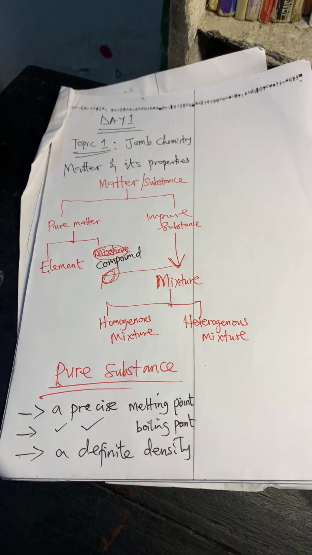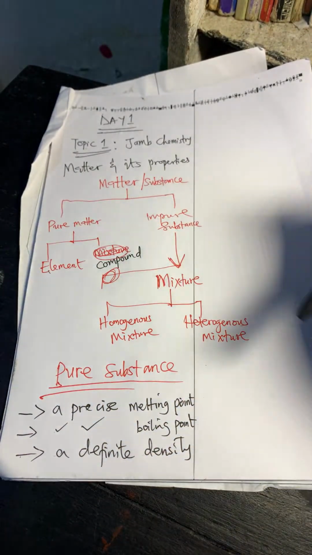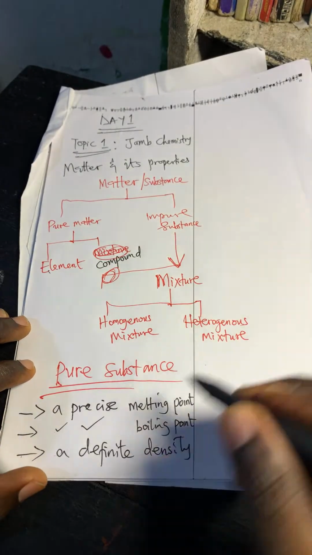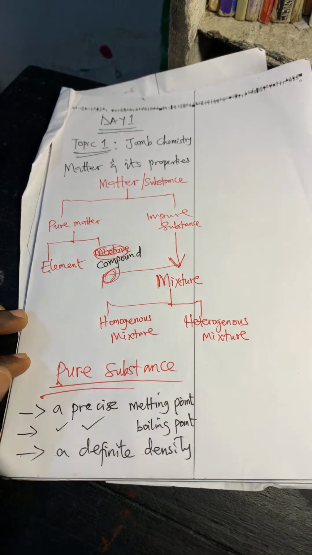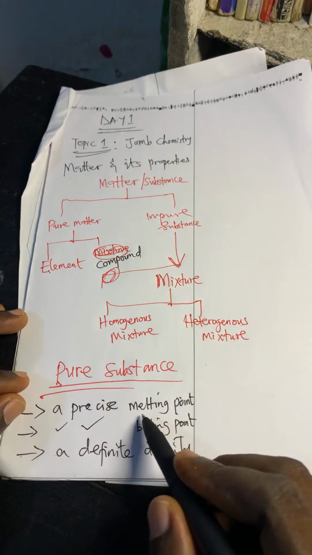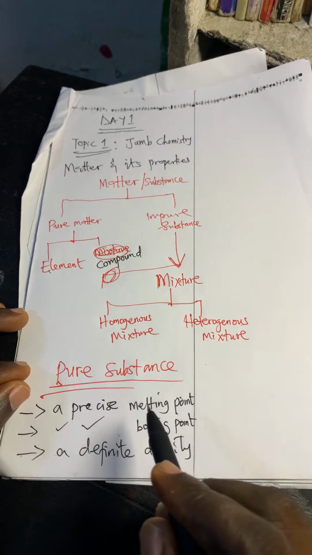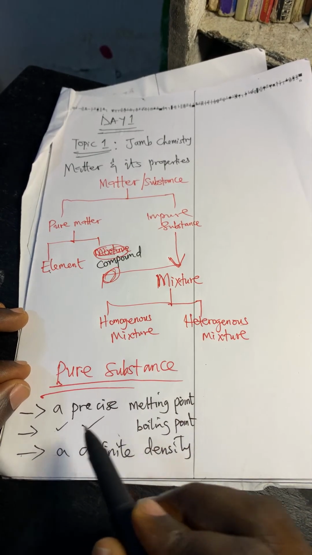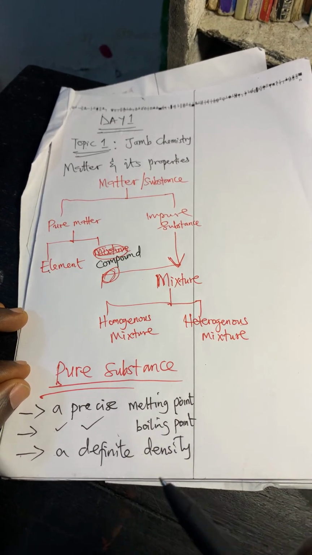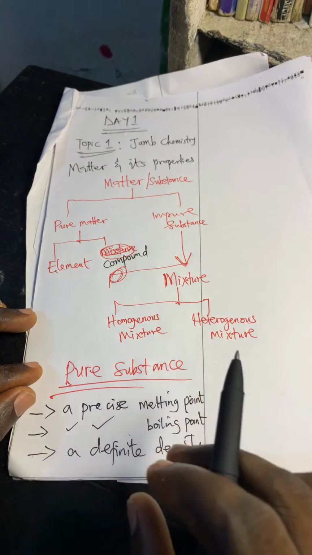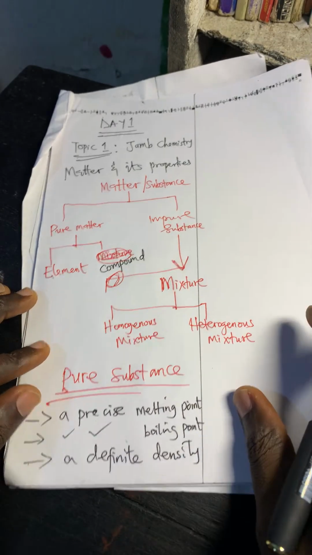All right. So we go straight to what an element is. You know, elements are substances. Please, I hope you are noting down. I'm done with one or two things on what a pure substance is. For you to be a pure substance, you must have a precise, simply called definite, melting point. Sharp melting point, precise. That's what we call precision and accuracy. So a pure substance must have a precise melting point, a precise boiling point, and a definite density. It is not too hard to know this. We can still talk about refractive index as regards this. So we are moving forward.